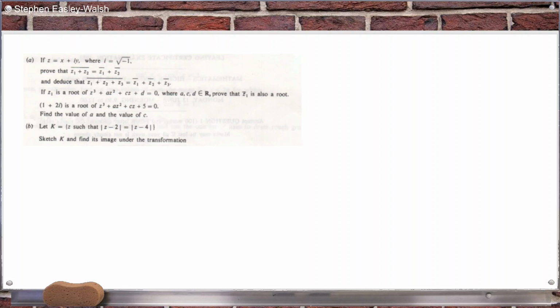Okay, let's have a look at this question here. Z is x plus iy. Okay, so prove that